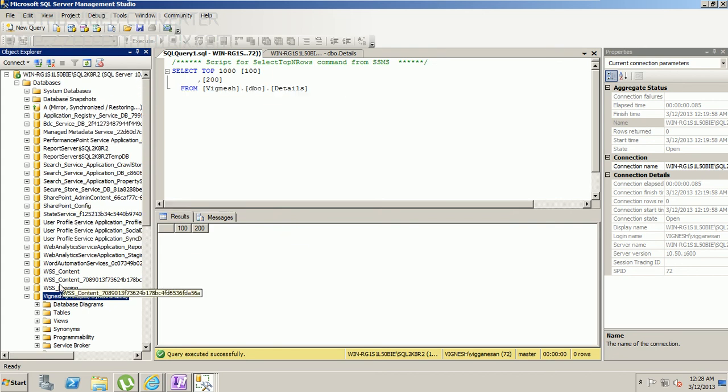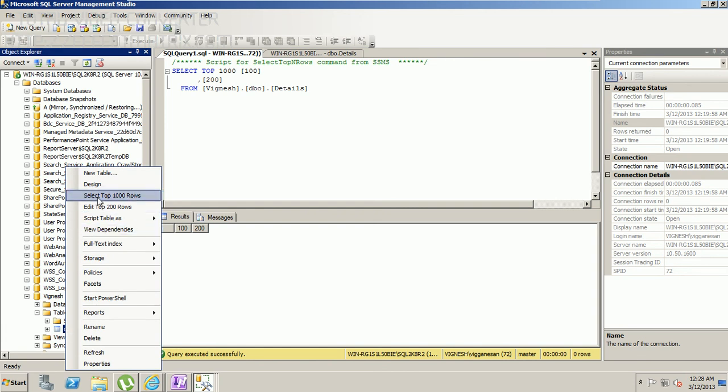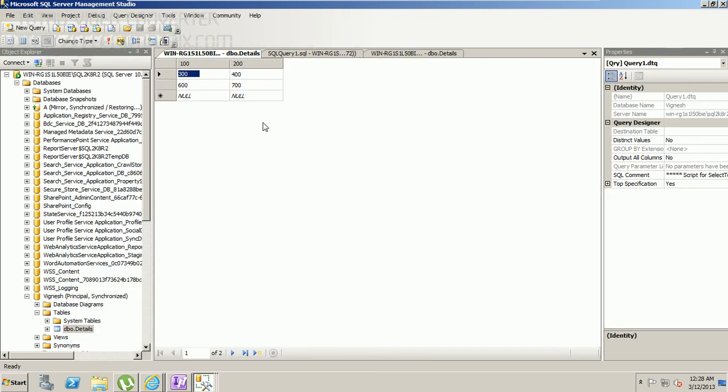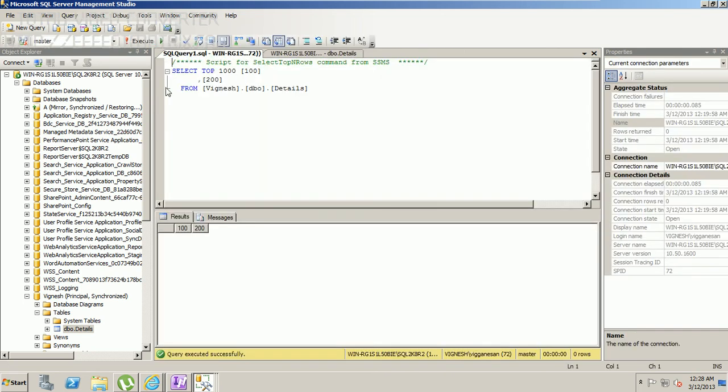So now you can just go ahead and see the content here. I mean, both the primary database and secondary database should be in sync. So I'm giving one more entry over here. So that's it. Let me go ahead and close this. I mean, saying close will automatically save it.